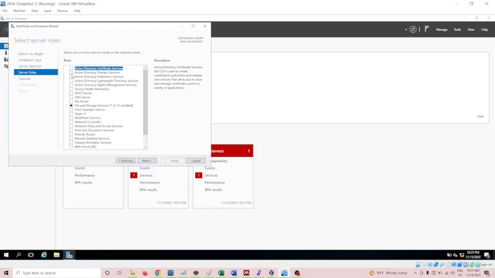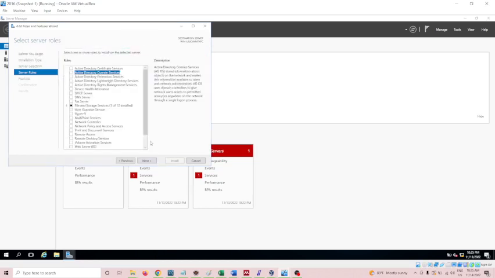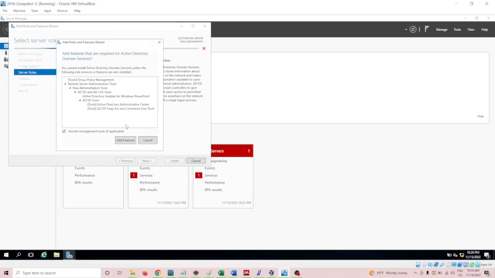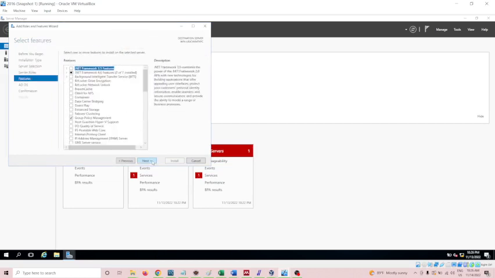Here you can see Active Directory Domain Services. Let me show you again. See here you can see a lot of services: DNS, DHCP, IIS. So in that you have to go to Active Directory Domain Services. If you want to configure certificate authority, then you should select the first one, but here we want domain services. Add feature. Next,